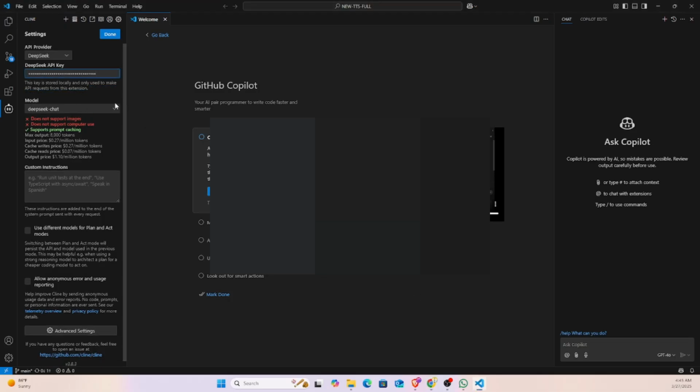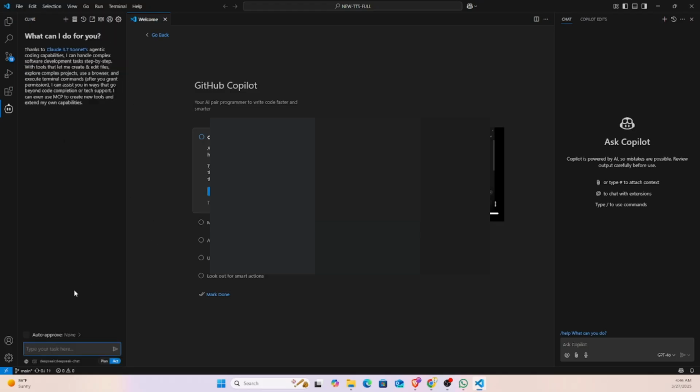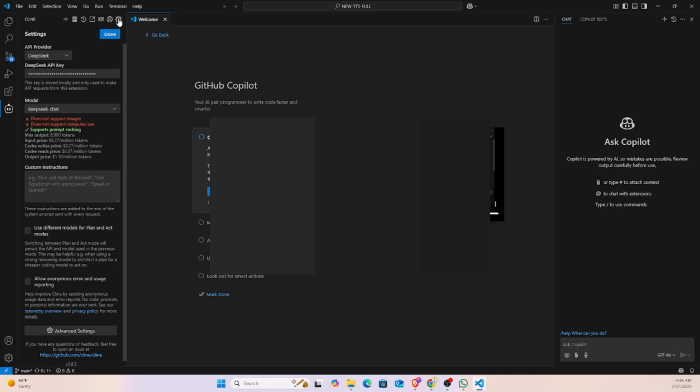Paste it. So you can just click on done here, and then we are set up for DeepSeek. I'm guessing that you can use DeepSeek free version,